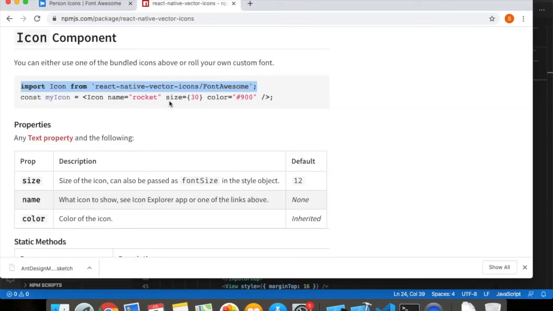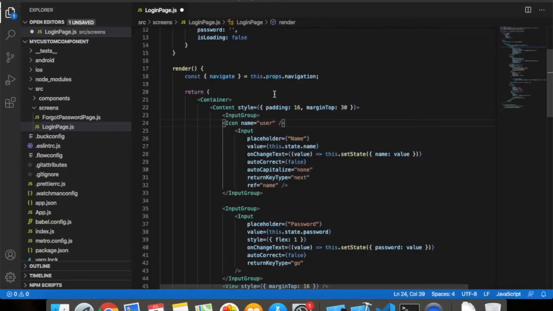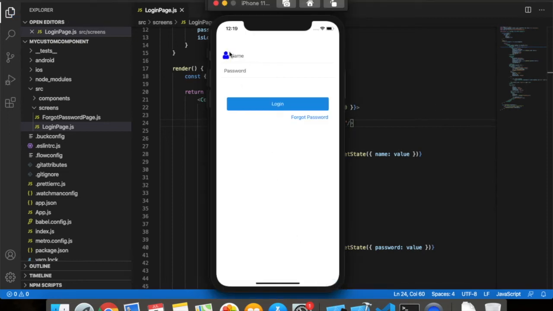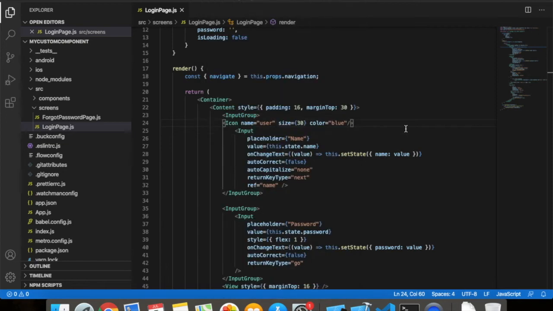Apart from this, I can also provide the size and color for my icon. Now if you run your application, you can see an icon with blue color. As I said, you can change the size and color for your application.